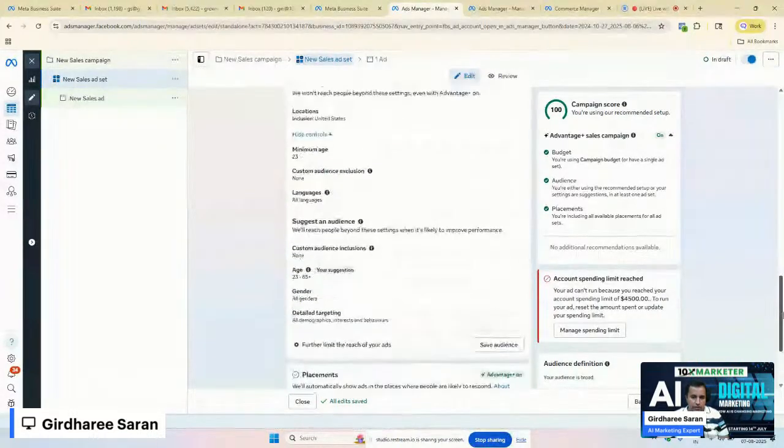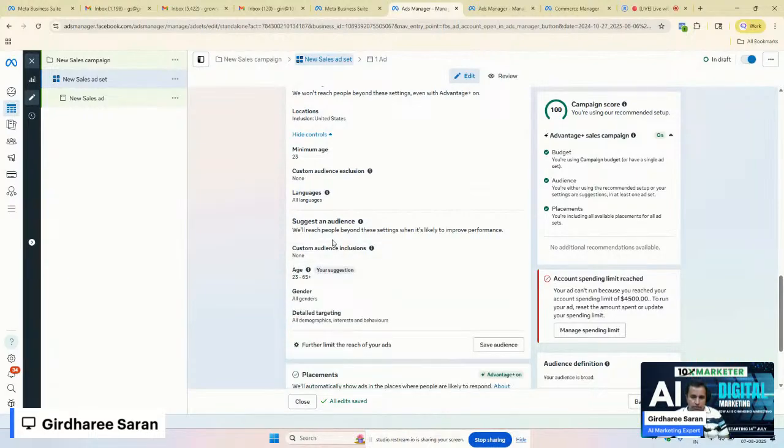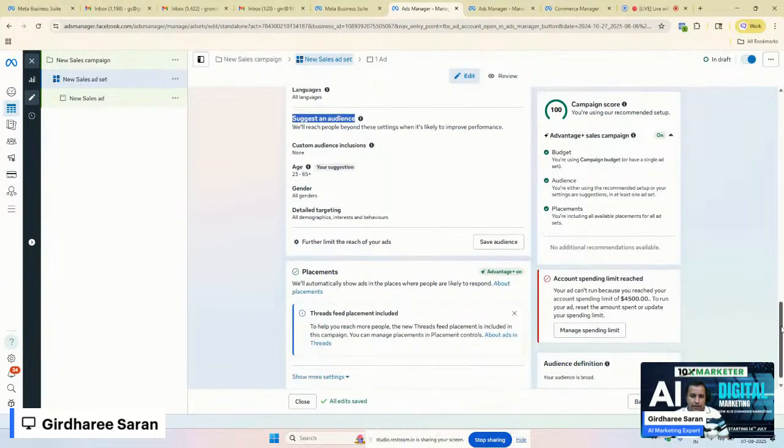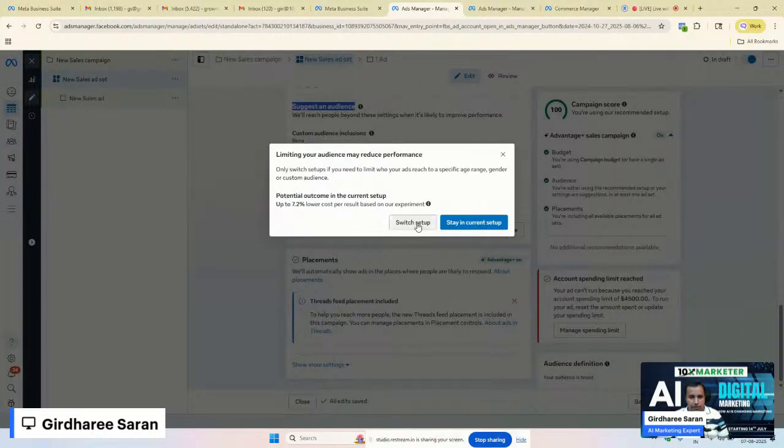But the moment you change it to a detailed targeting, it becomes a manual campaign. It will limit your campaign's reach according to your target audience selected. So you have to keep that in mind. Now there is something else important here. It says suggest an audience. By default it will take only the suggestions. It will not limit your campaign